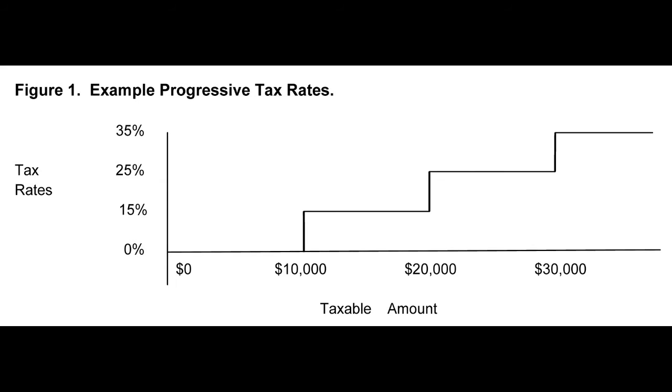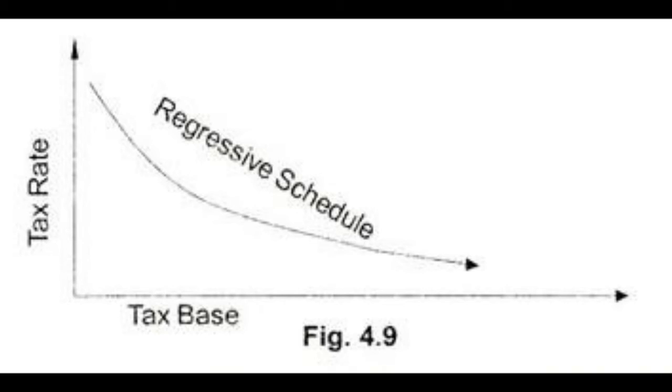A progressive tax, on the other hand, does change based on your income. A progressive tax is where the percentage of income paid increases as your level of income increases and decreases as your level of income decreases. And finally, we have regressive taxes. A regressive tax is where the effects of taxes go up as your income goes down, or taxes that are enforced more on lower income earners.